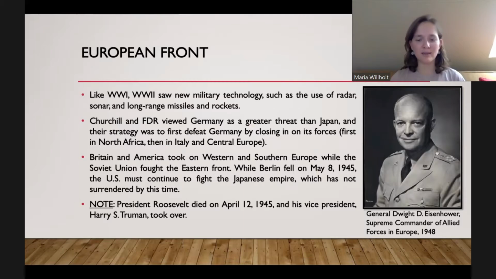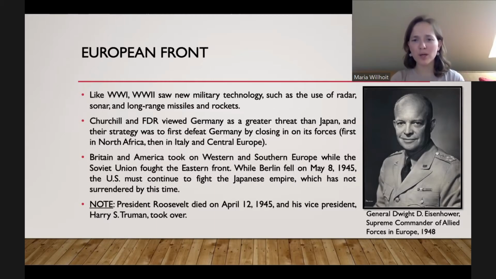The end of World War II is celebrated on May 8th and May 9th for Europe and for the former Soviet Union. But for us, we don't celebrate it on May 8th and May 9th. We don't really even celebrate it. We memorialize it, but we don't celebrate it on a specific day, because we were still fighting the Japanese. So World War II for us ends much later than May.